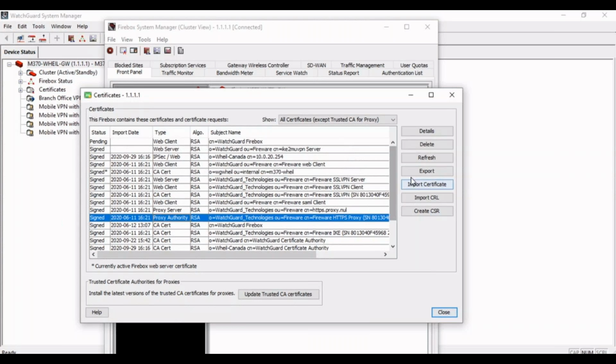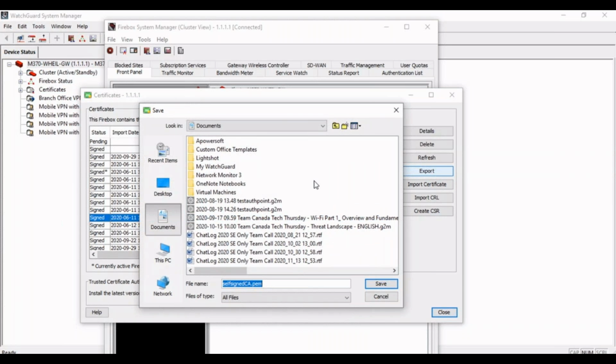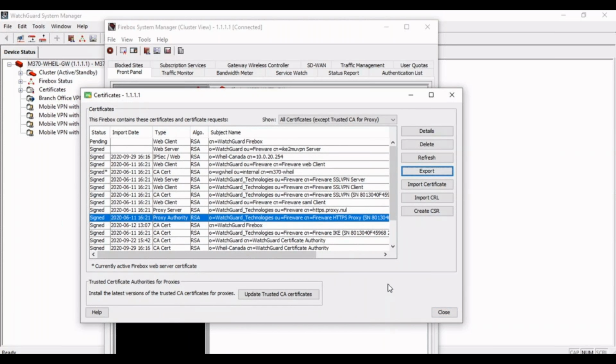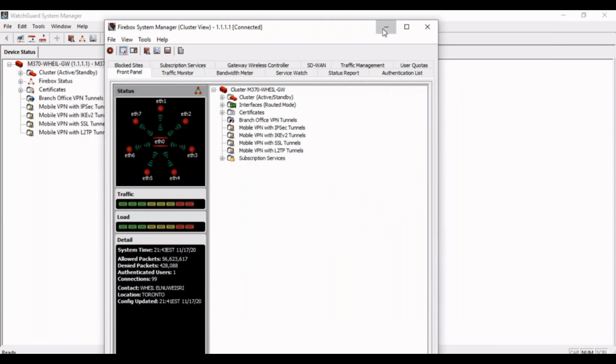Okay, so how can I get this? I can actually export it, and I can save it on my desktop and give it a name that makes sense. So let's say this is a self-signed proxy authority certificate, right? And if you notice, the extension is going to be PEM, right? So we will see how we can handle that. I close that,